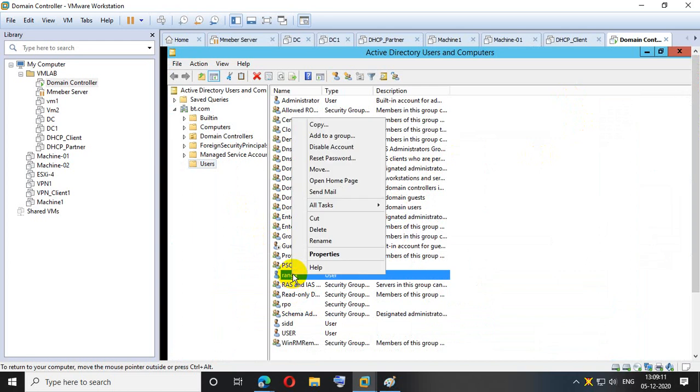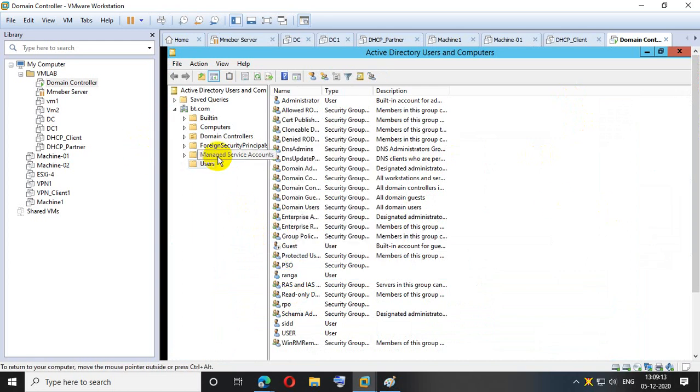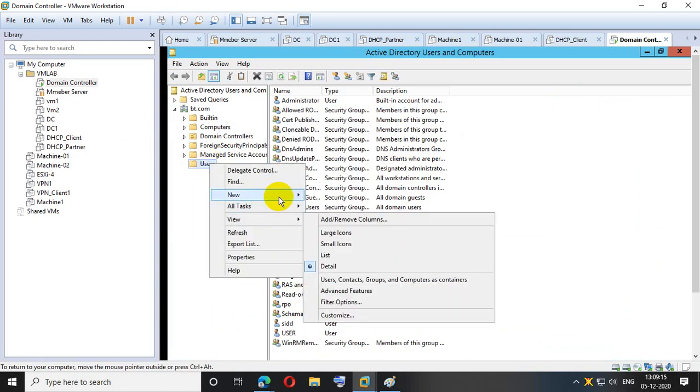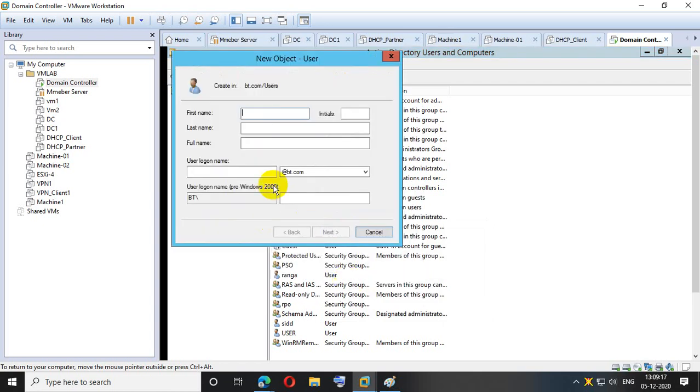I'm going to the properties, or let's say I'm creating other users. Mantesh.